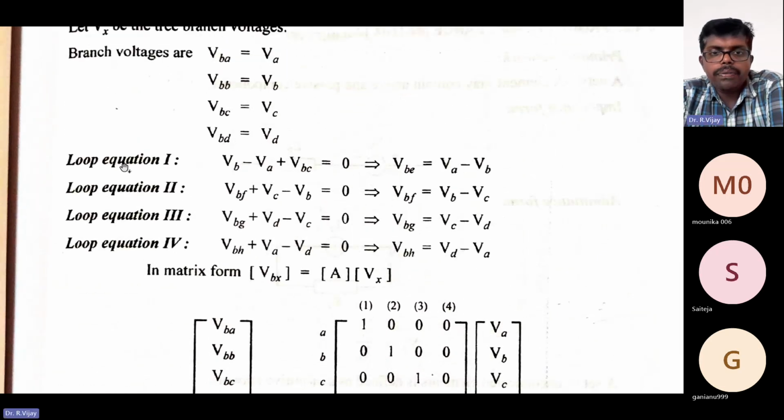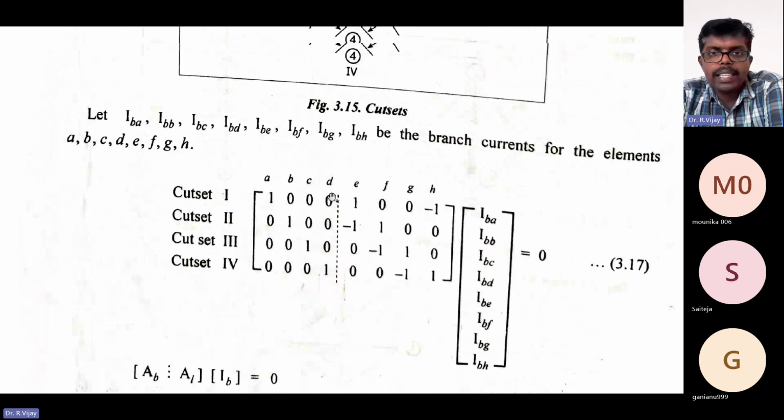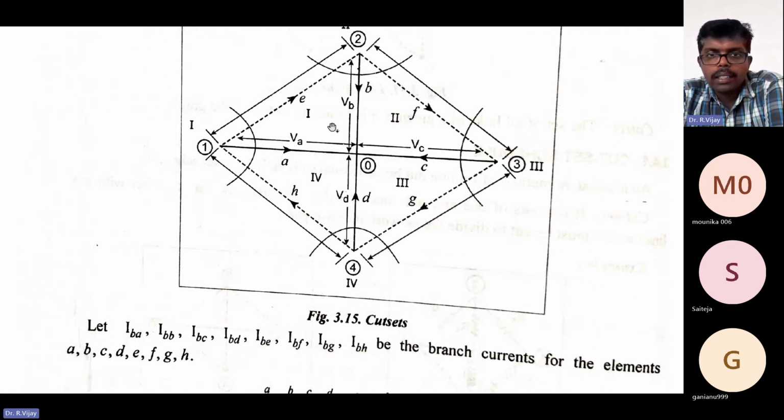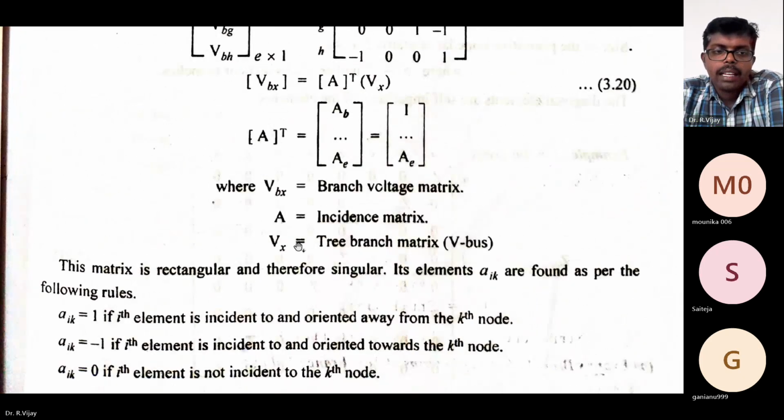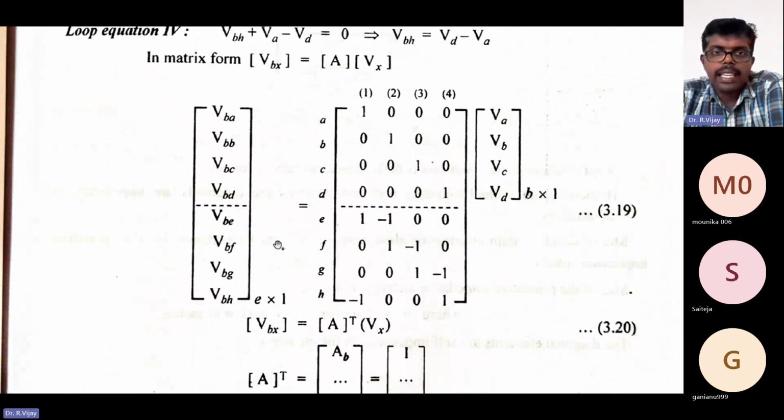Now, framing the loop equation 1. So this is loop 1, loop 2, loop 3, and loop 4. According to that, we need to frame the loop equations. So what is the first loop equation? First loop equation here it is